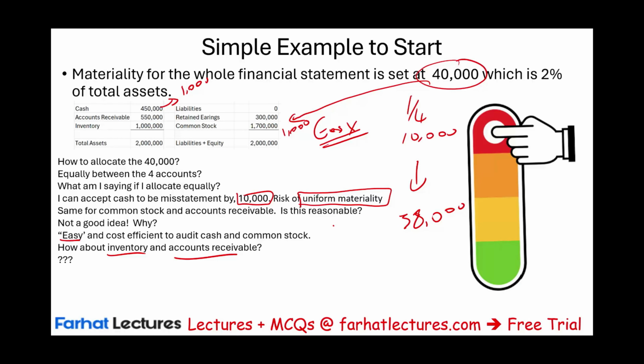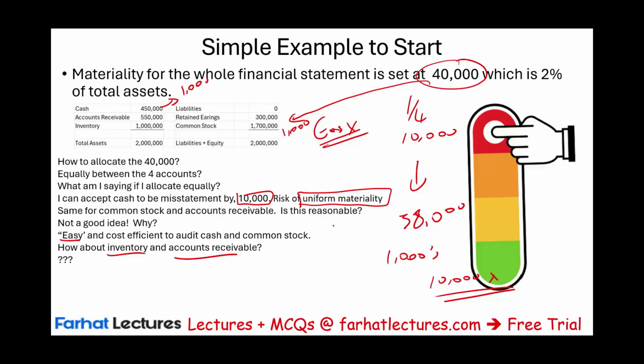But let's talk about accounts receivable. What's the problem with accounts receivable? Not the problem, but what is the nature of accounts receivable? Accounts receivable could be composed of many customers, maybe thousands of customers, and maybe tens of thousands of transactions. It's a heavy activity account: selling to customers on account, receiving money, then having disputes, having bad debt expense. It's an account that involves a lot of work. And I'm going to be sampling. Sampling means I cannot audit everything, so I have to select some numbers.